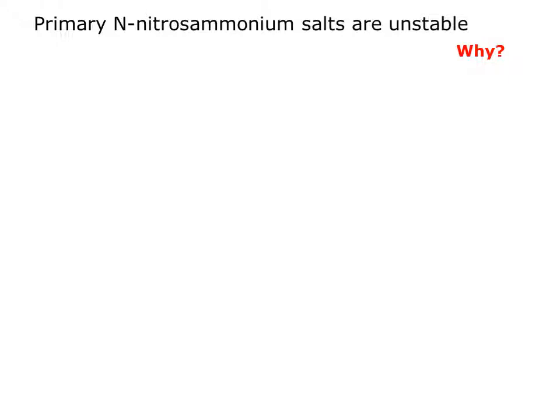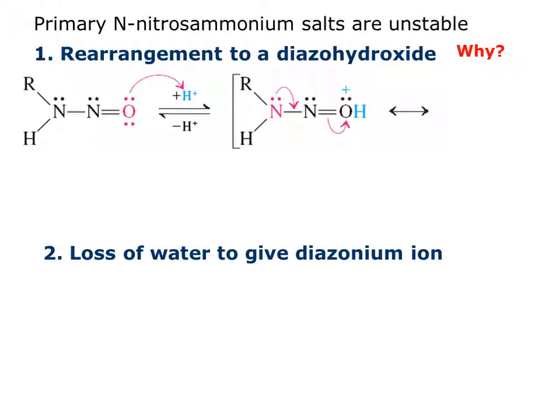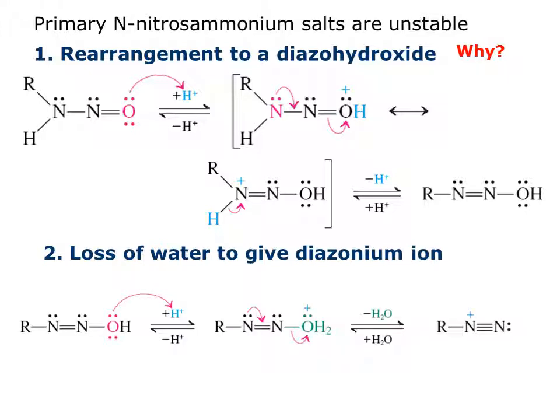If we use a little bit of acid, we can again remove another molecule of water, and then doing another proton transfer, we can create a diazohydroxide, which will then end up giving off the water, giving us our diazonium ion. This nitrogen compound is going to turn into a great leaving group, giving us a carbocation at our R, or our carbon